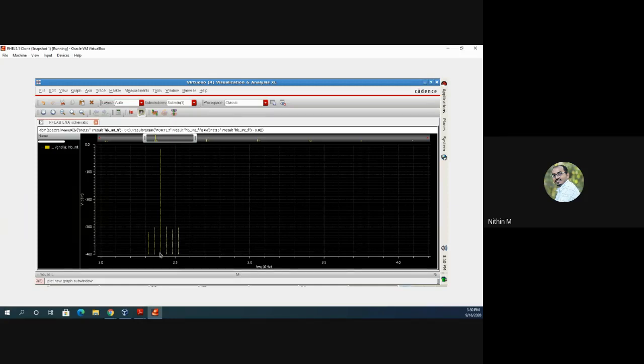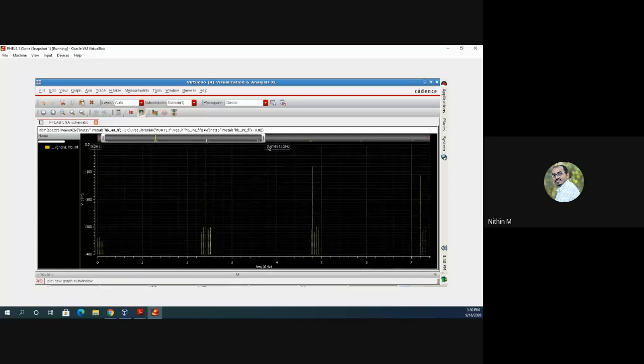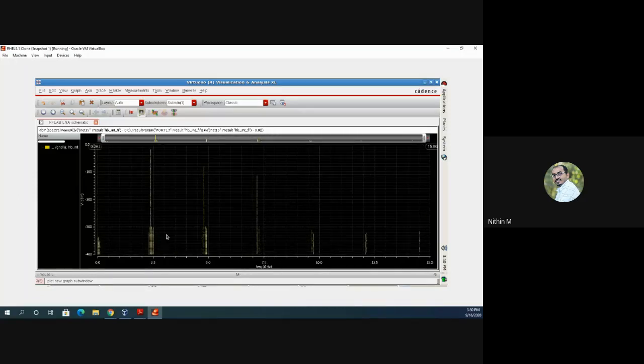Now rejecting the other signals is quite hard, because selecting only this tone is a huge task when designing a filter. So these are the intermodulation products which are coming at the output of this nonlinear system. Apart from this, since I have given 3 as the number of harmonics, you will get the corresponding frequencies and the sum and difference terms at all the other frequencies. 2.4 you will get, 4.8 you will get, then you will also get the 3 times, 4 times values.